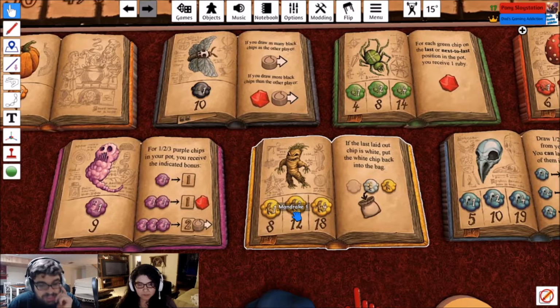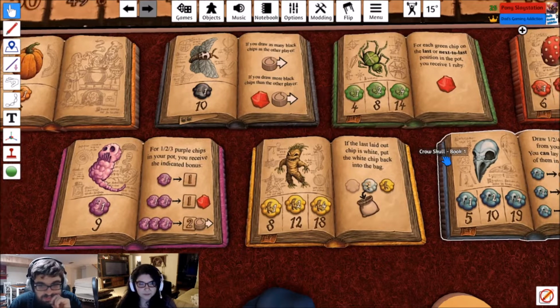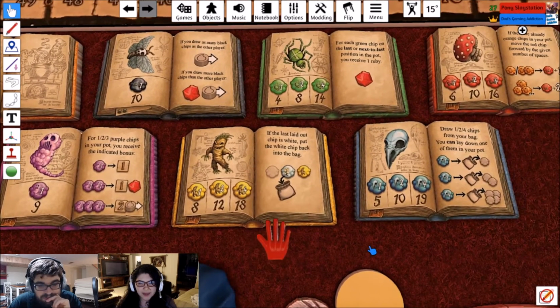I'm tempted to do this mandrake. Although, I kind of want to keep up with the blacks that you've been drawing. Because if you just keep drawing that black every turn, you'll keep moving your droplet up. Mm-hmm. So, with this mandrake, do you have to have a yellow first in the pot before...